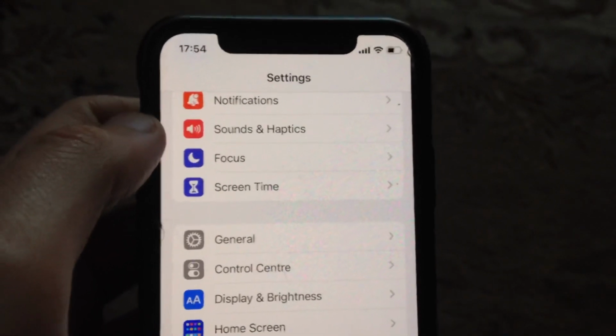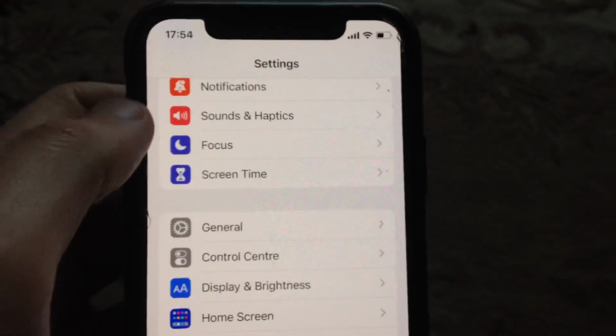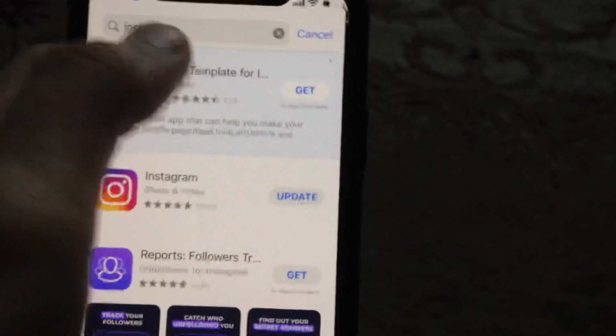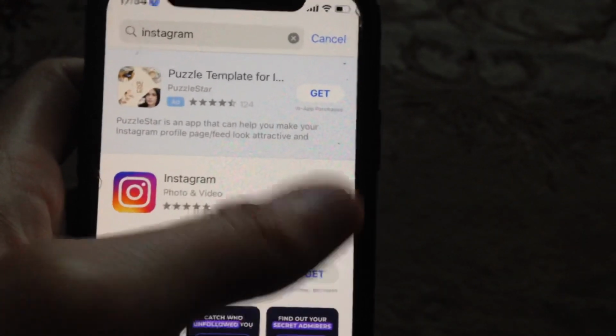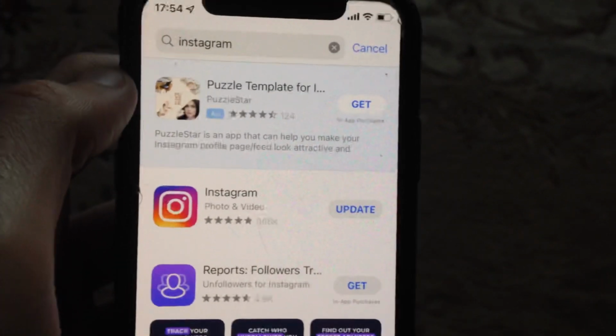And if you still have this error, just try to update your Instagram app. Go to the App Store, go to the Search tab, write Instagram, and if you see that it says Update instead of Open, just tap on Update and wait until it successfully installs the latest updates